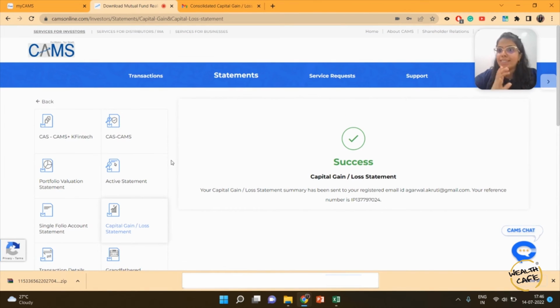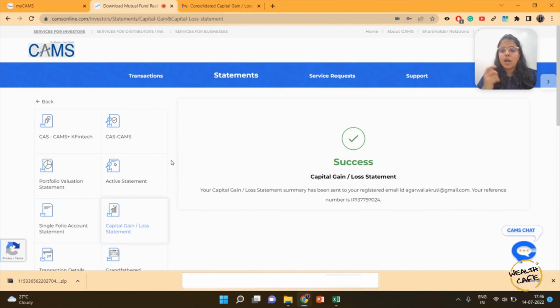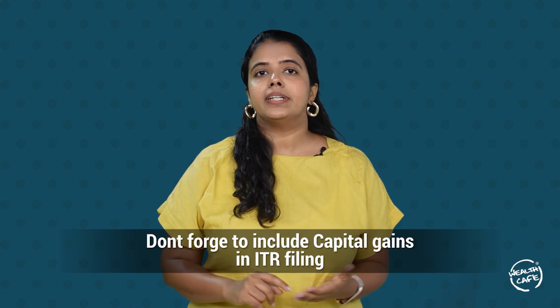Well, I hope that this statement will help you understand what capital gains you've made in a particular financial year. You can also download this for the current financial year to note, from 1st April 2022 till today, what are the gains that you've booked and if there's anything that you've booked. A lot of these statements are also used for tax planning and grandfathering. Well, we'll be talking about it in our later videos, but we also have a blog about it in the caption below. Income tax return due date is just around the corner. Don't wait till the last day to file your returns, and don't forget to include your capital gains in it.